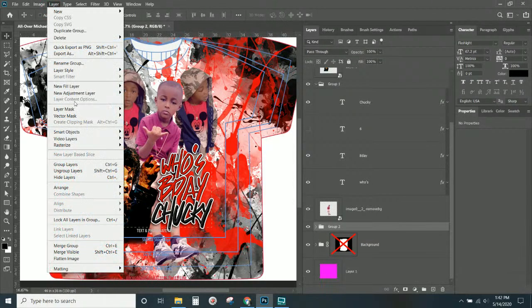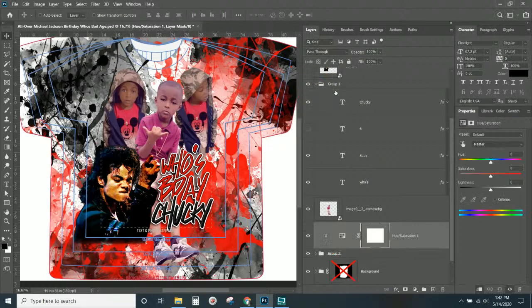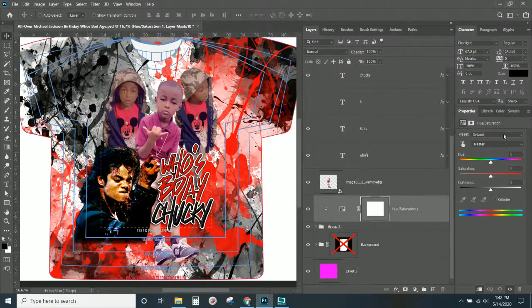And we're going to do a layer, new adjustment layer, hue saturation. And I'm going to take down this blue color in this jacket because it's kind of clashing with our theme. I'll grab that and it says those are blues. If I take the saturation all the way down, they become black. So I'll do that, and then I'm going to grab this red color